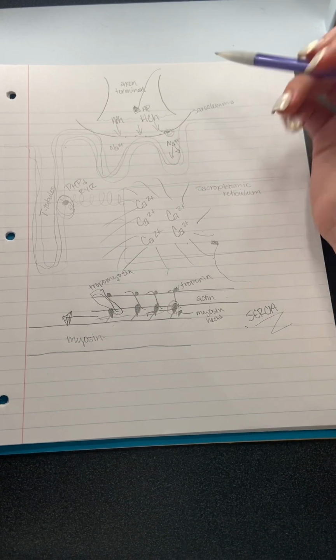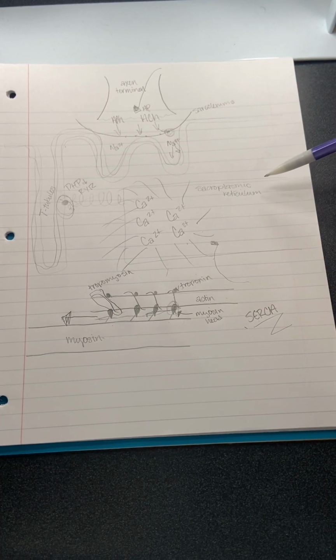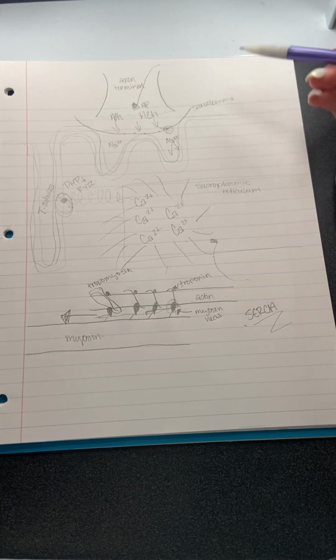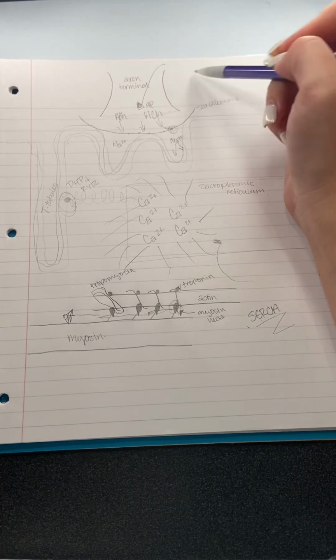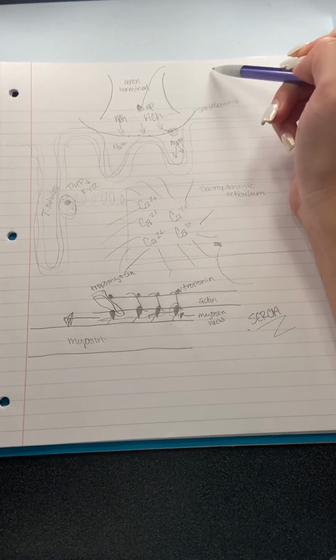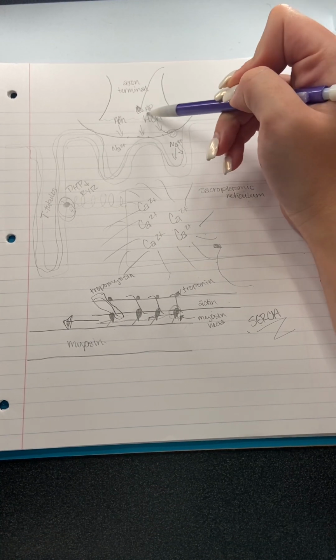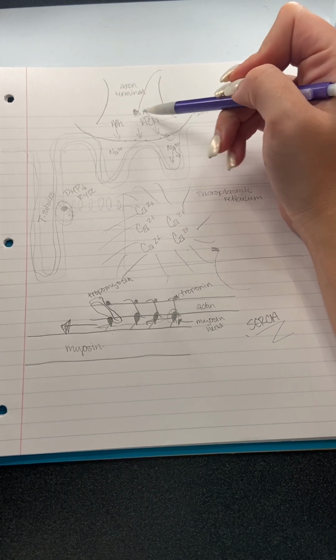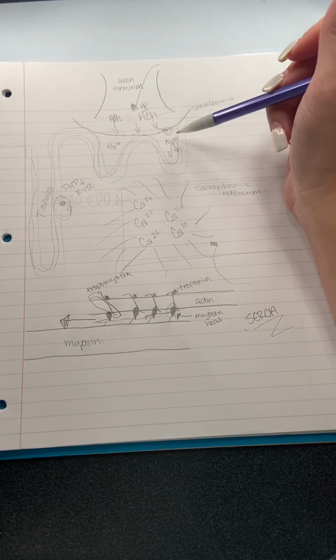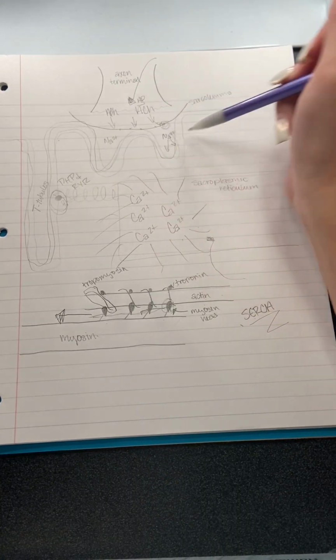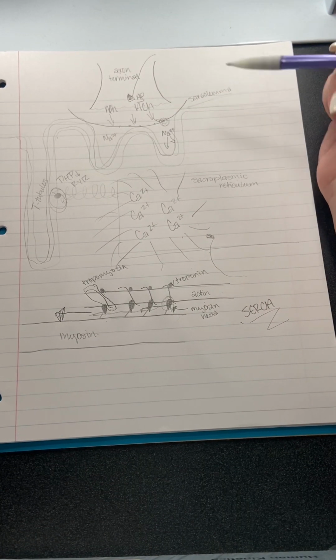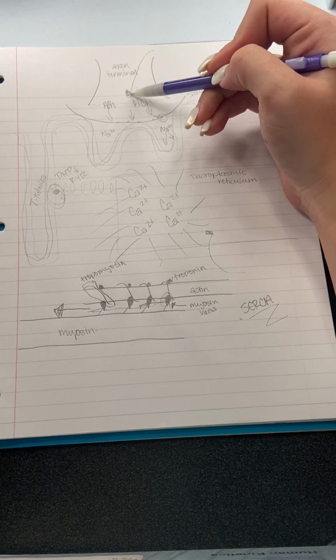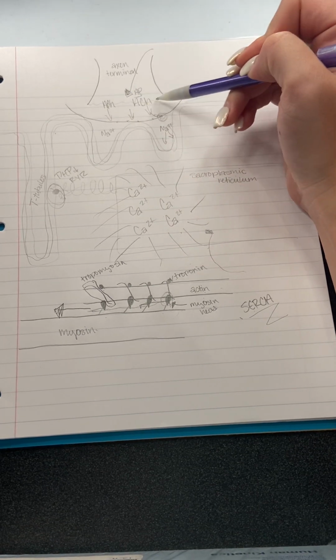Okay, so I already drew it out, as you can see, because I had tried to do it once, but I messed up. So here we're going to start with the action potential that's going to come from the brain into the axon terminal. So here, action potential going all the way through the axon terminal and the motor neuron and into the muscle fiber, which is down here. As you can see, we have the sarcolemma right here. So action potential is going to come all the way down to the end of this axon terminal where it's